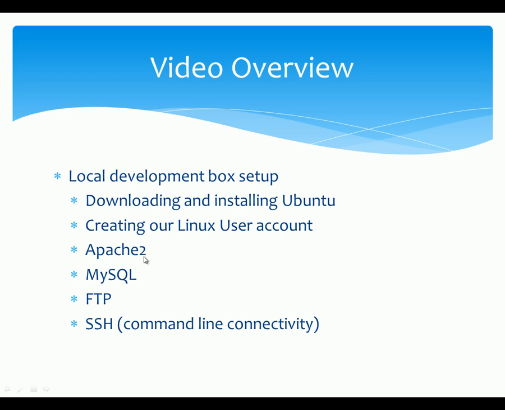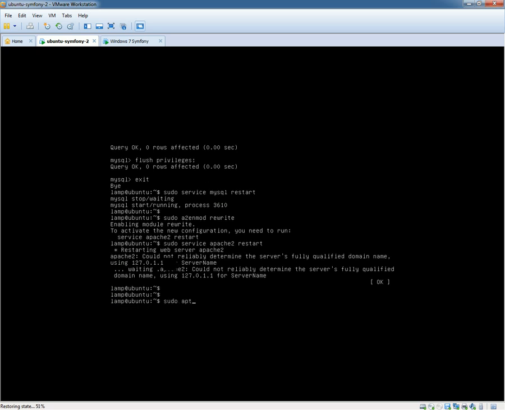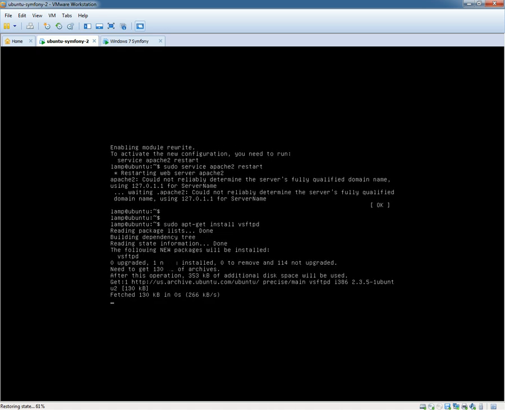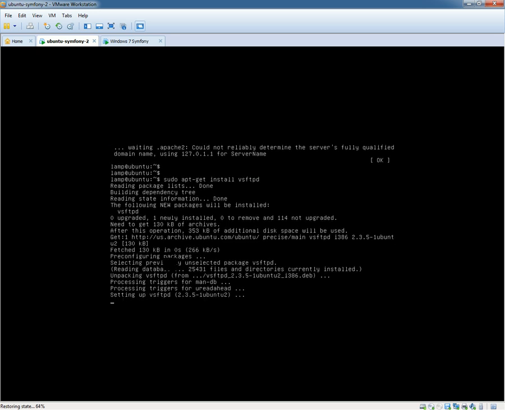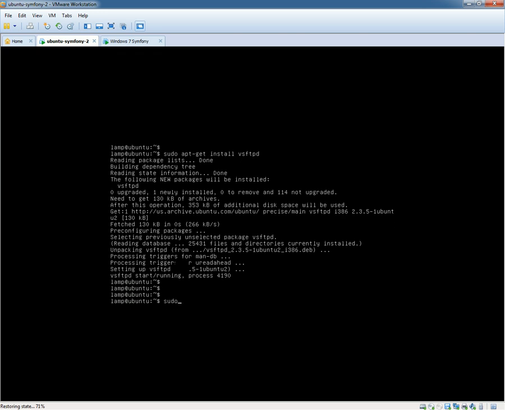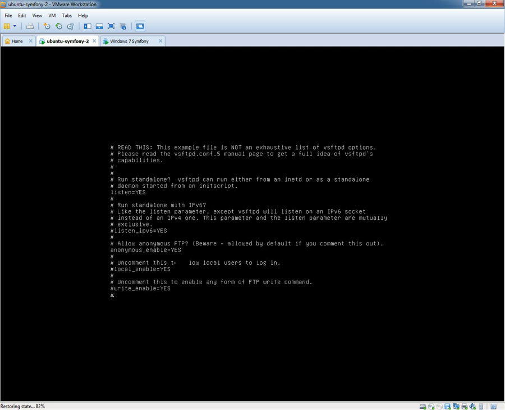Okay, so we've just finished up installing Apache 2 and MySQL. Now we want to move on to installing FTP. So, just going to do sudo apt-get install vsftpd. This one's a quick one. And then sudo vi /etc/vsftpd.conf. Okay, and then through here we want to scroll through and find out,